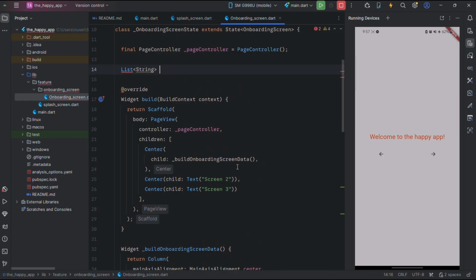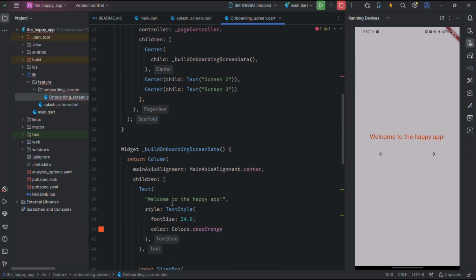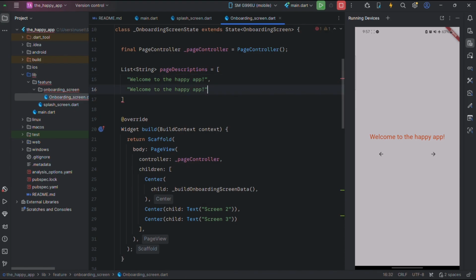So let's say page descriptions. The first one will be welcome to happy app, and then the second one will be this is the second page in the happy app, and then the third one will be